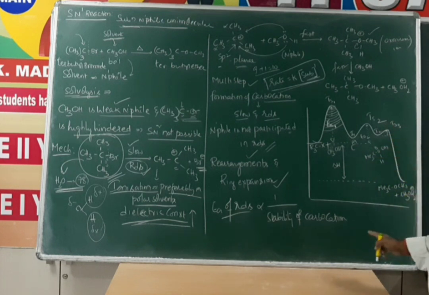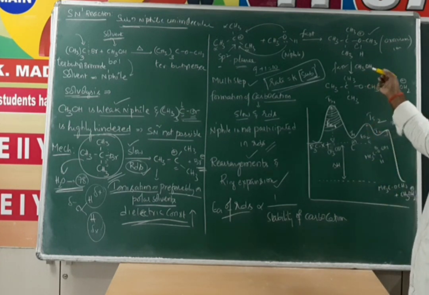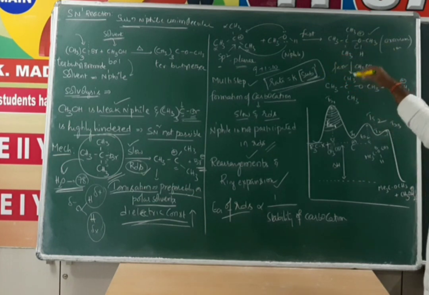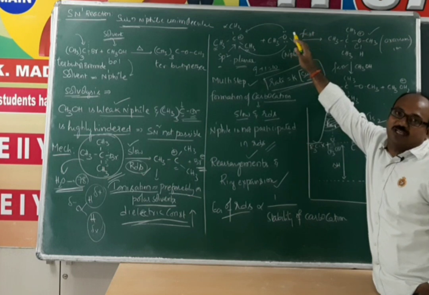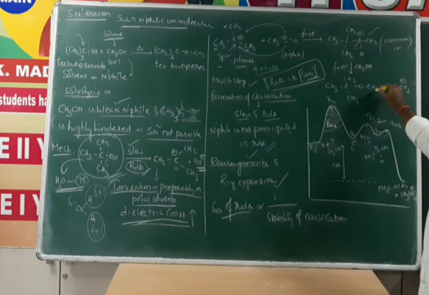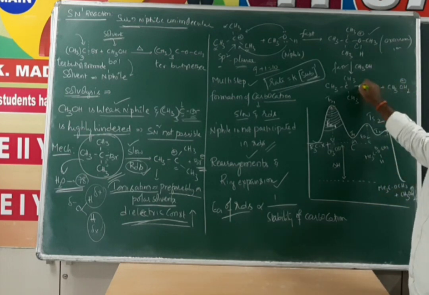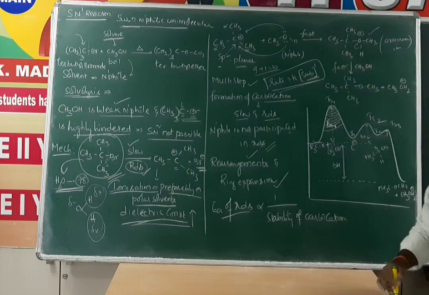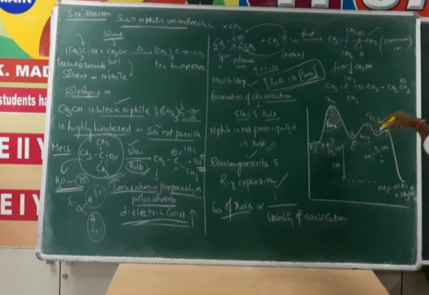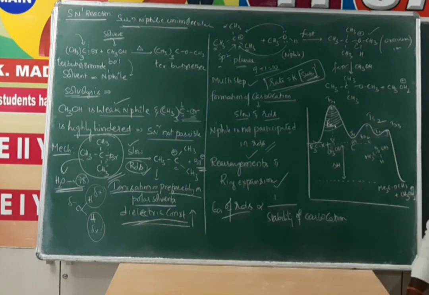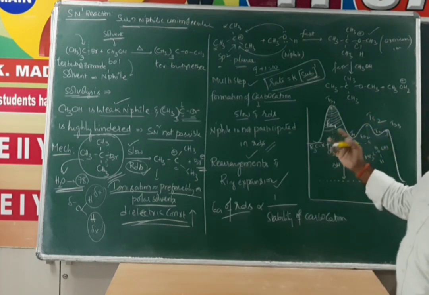So in this case, we actually use methyl alcohol, which is a neutral nucleophile. Instead of that, if we are using a negatively charged one, there is no protonation and the third step will not be there. In such a case, you get only 2 peaks and only 1 intermediate. Hope you got it. Here we use a neutral nucleophile, that's why you also get the third step, deprotonation. Whereas if you are using a charged one, then obviously only 2 steps, meaning 1 intermediate and 2 transition states. Alright. Now some other points regarding SN1.